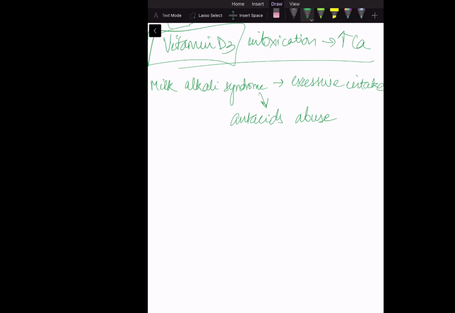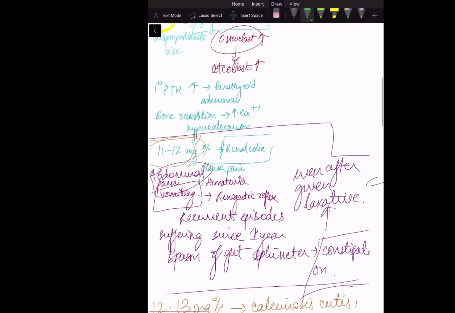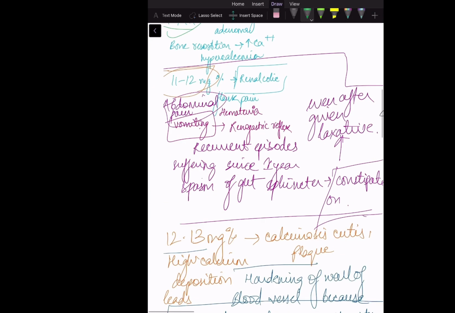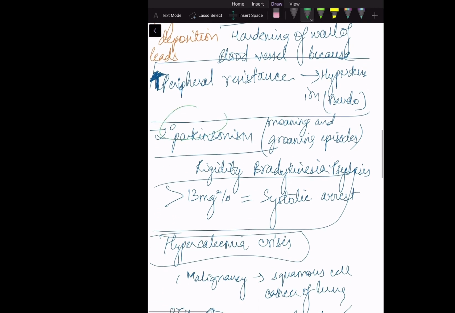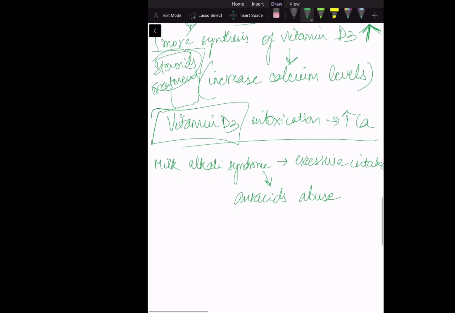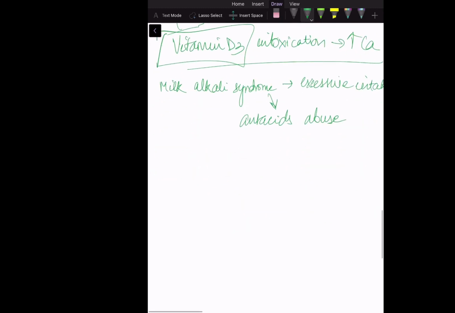Then what should we do if a person got hypercalcemia, or sarcoidosis, everything. Like I told you, in sarcoidosis and vitamin D3 we can treat by steroids, but let me tell you, in primary